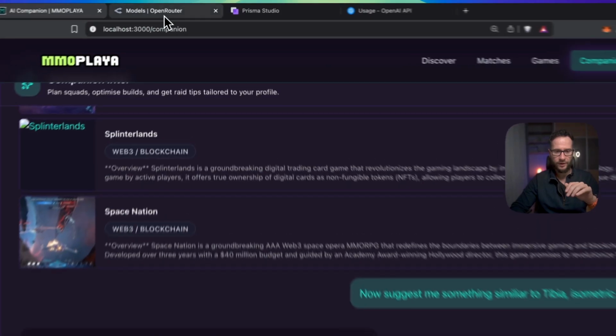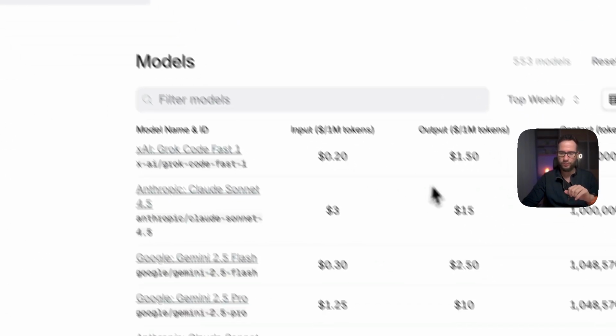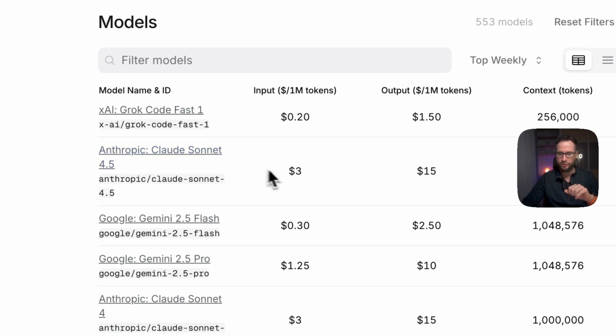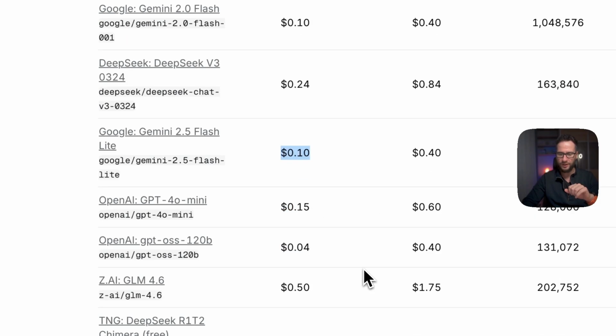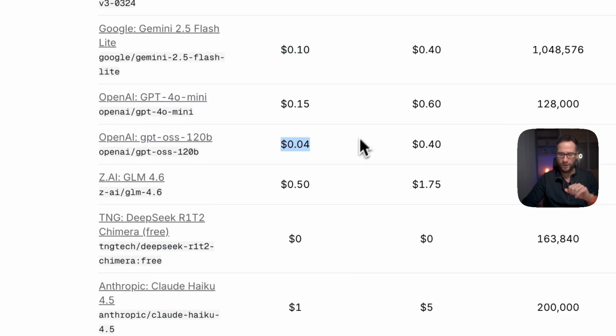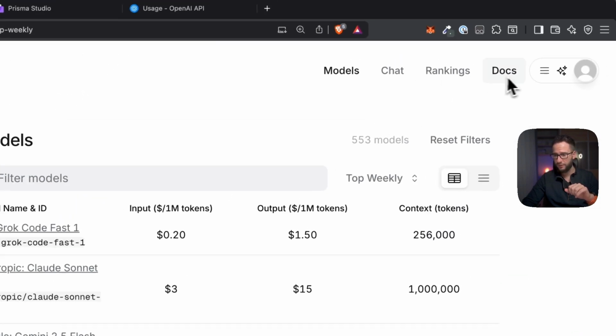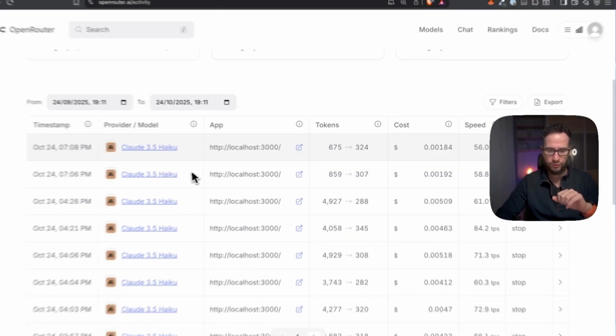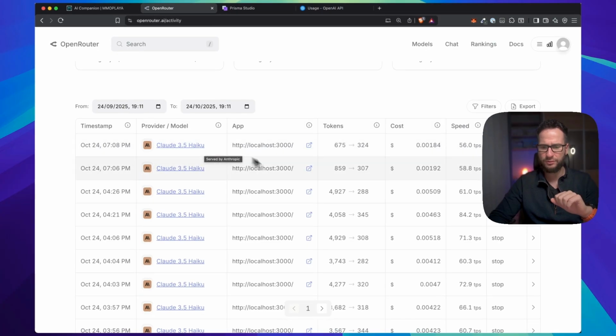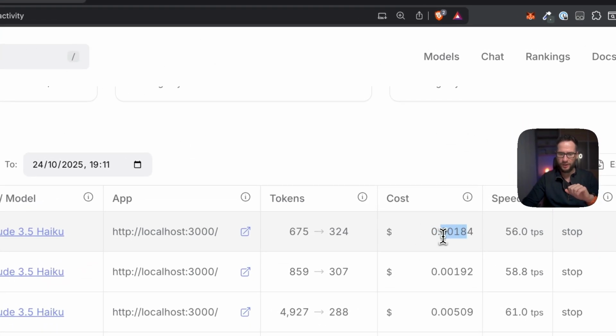So for instance, if I head over to the OpenRouter page, you can see that we have Anthropic, which is quite expensive, but of course we have a lot of other LLMs that are quite useful. For instance, if you're curious, I'm using here the Claude 3.5 Haiku model, which is super cheap. You can see that each query about a game costs fractions of a cent.